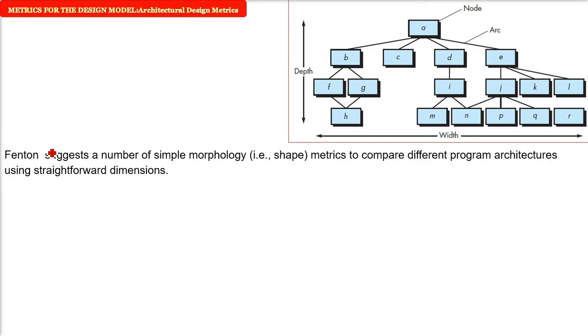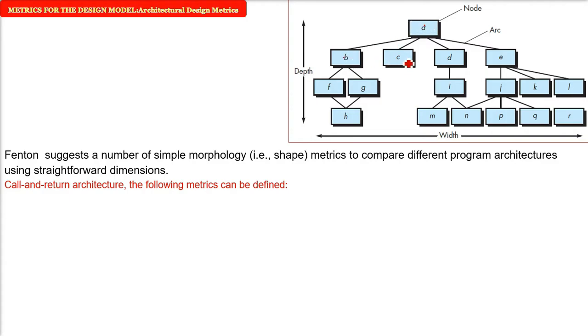Now Fenton suggested a variety of simple morphology that is based on the shape. Morph is shape or form. So a simple morphology matrix in order to compare various program architectures, using very straightforward dimensions. What are these dimensions? If we take call and return architecture, that is a main function calling a function, then